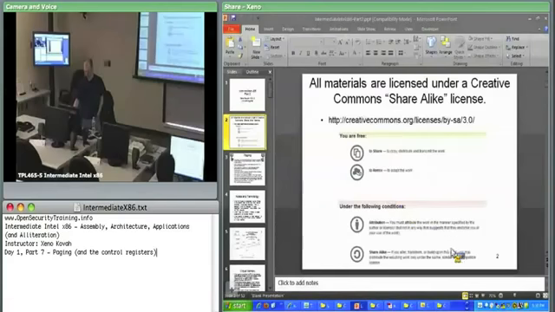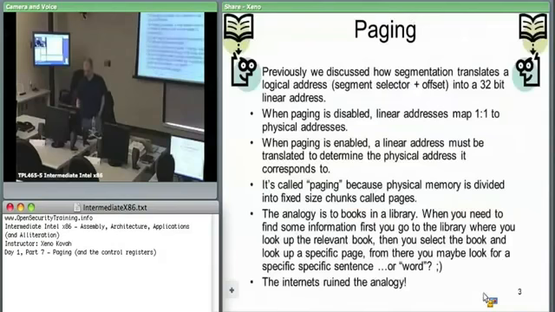So this is on every slide deck. Paging. We said before that we were pulling the wool over your eyes. We said logical addresses always point to linear addresses, and linear addresses are really just physical addresses. That can be the case at some point early in the system boot, before the operating system turns on paging for its convenience. So early in the system boot, if you've only got 256 megs of RAM,